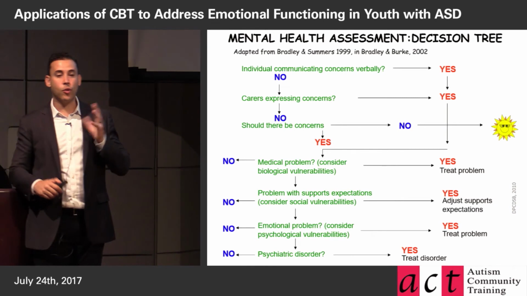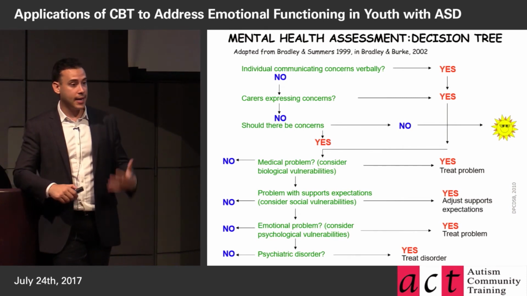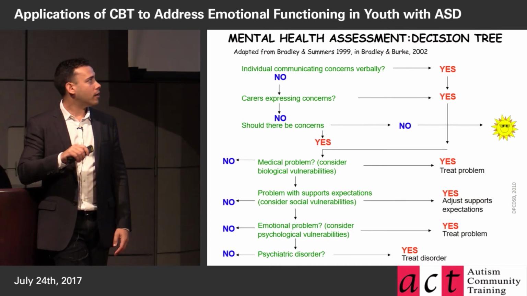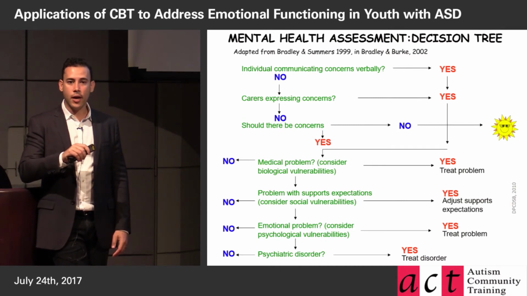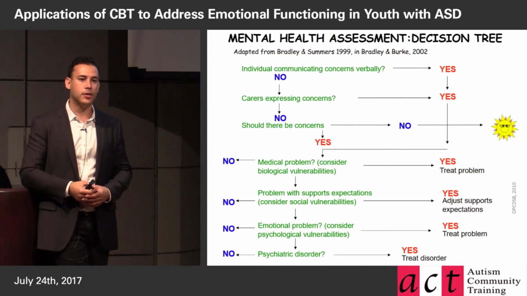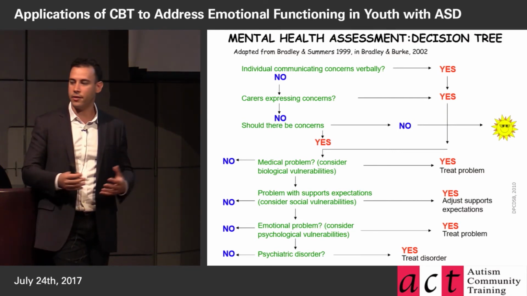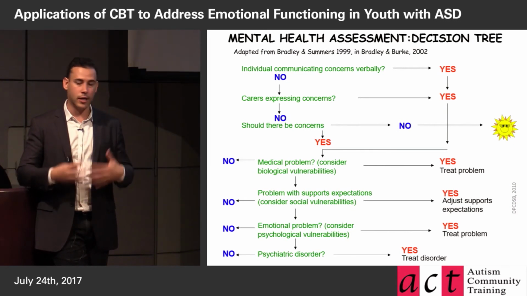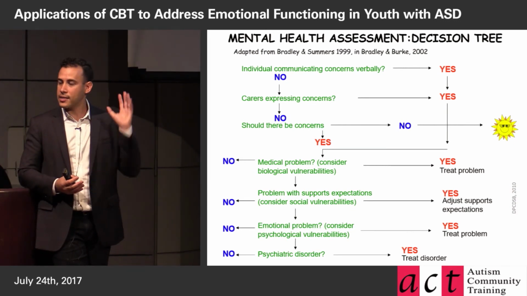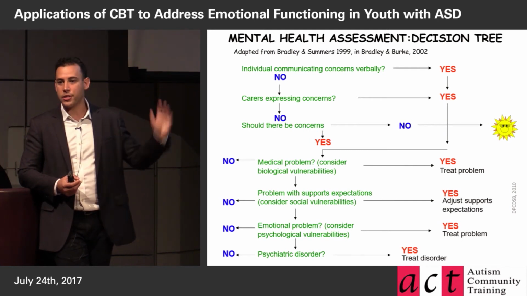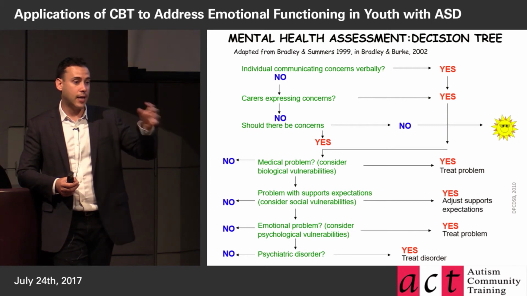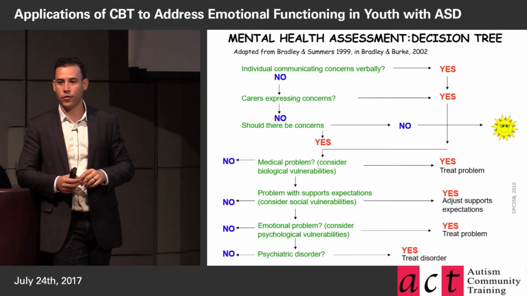After that, where this is really useful from a psychiatry perspective is that if you're talking about medication and should we medicate, that's what they're really talking about here, right? They're saying, well, if you're trying CBT, if you're trying to build skill sets, if you're building adaptive behaviors and addressing the environments, if you're doing all of that and it's still not working, maybe we should consider also psychotropic medication. Right? This is a dual diagnosis psychiatrist saying there's a role for medication, but it's not the first line treatment. It should actually be after you try all of these other things first, right? And in concert with these other things.